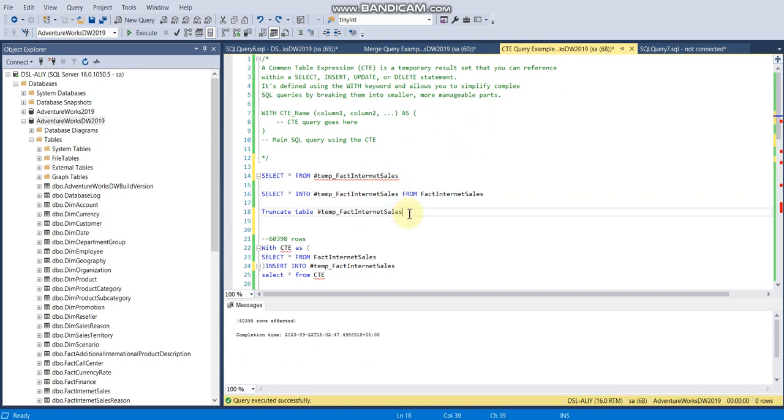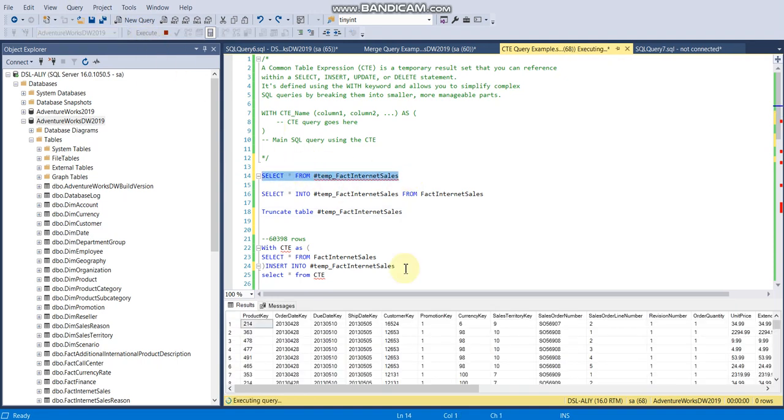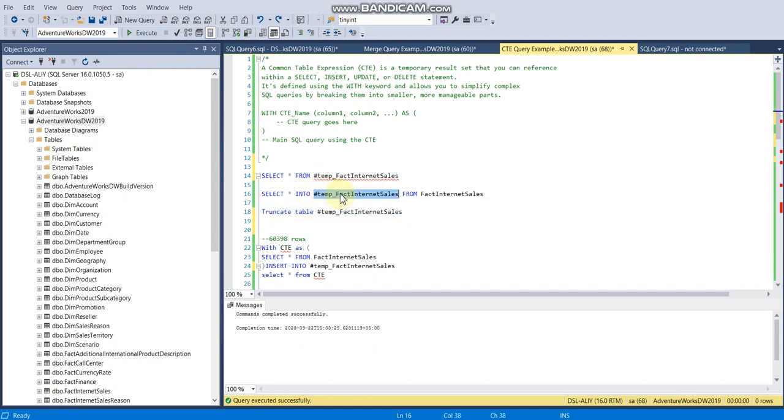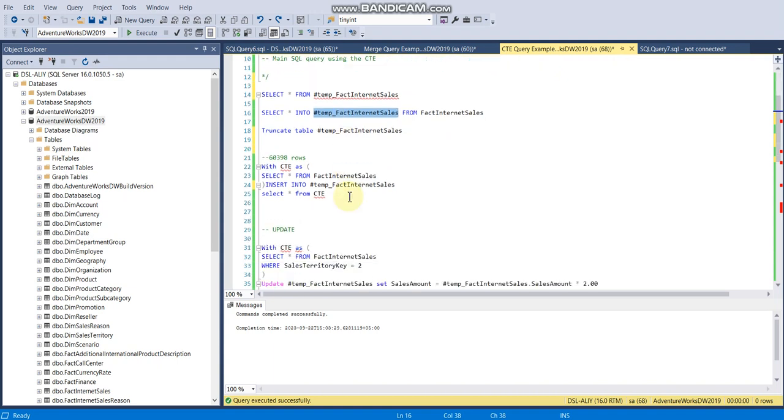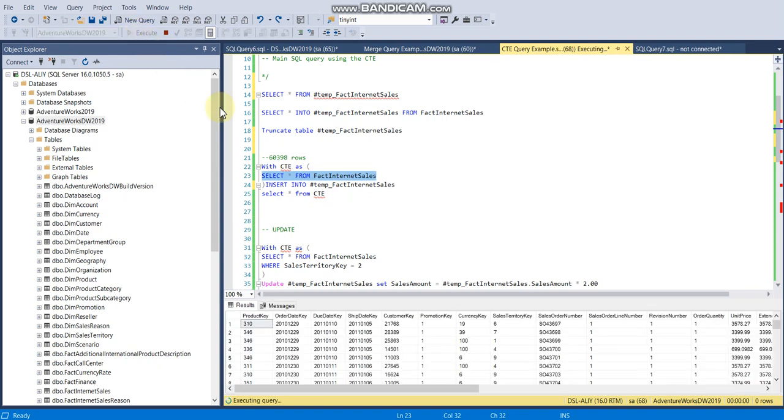So okay, we created a temporary table and we have inserted all the records into the temporary table. 60398 is the total number of rows which we have inserted into our temporary table, but this is not my purpose today. So I am going to truncate the values of the temporary table. So I now have the structure of the fact internet sales in a temp fact internet sales table. What I want to do is write a simple fact internet sales query, and now I am covering it with the